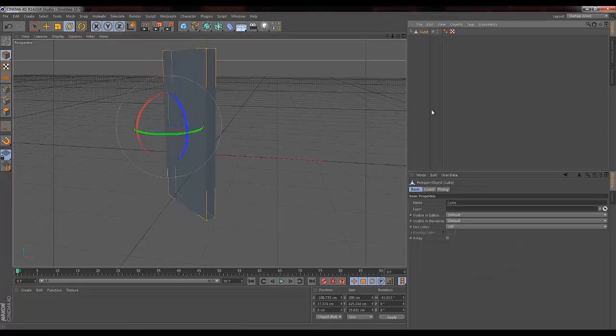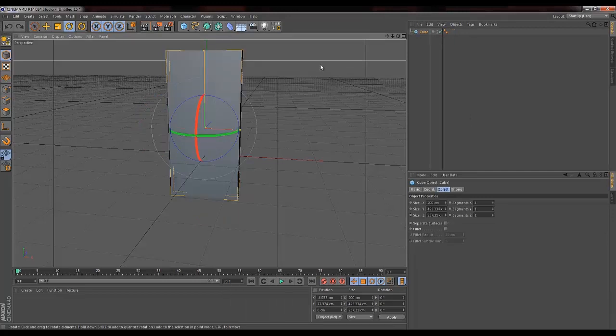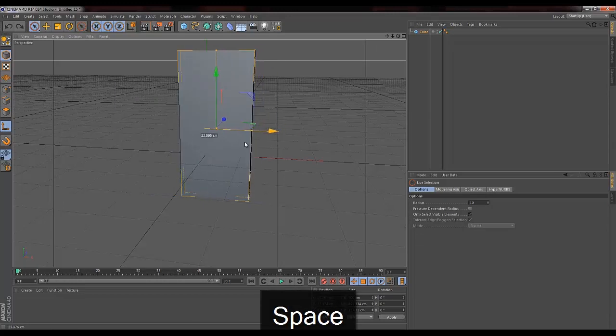But the problem is, like I say, this is no longer parametric, so we can't add the nice fillet edges, we can't modify it in quite the same way. So I'll just undo and go back. Now, if you want to move this axis whilst it's a parametric object, the simple thing is